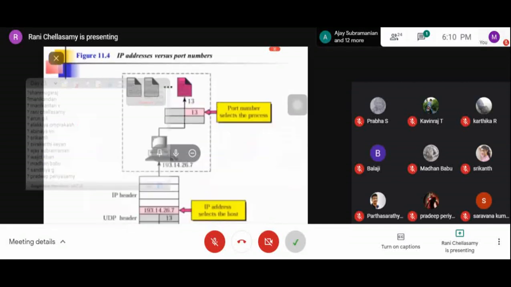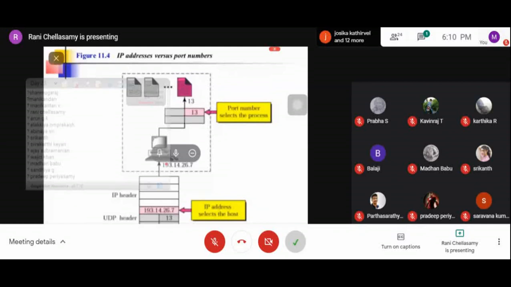Okay, so here you can clearly make a difference between IP address and port numbers. These port numbers refer to the processes running on the client machine. Always the port number will select the process, whatever the process running on the client machine, whereas each and every host machine will have an IP address.